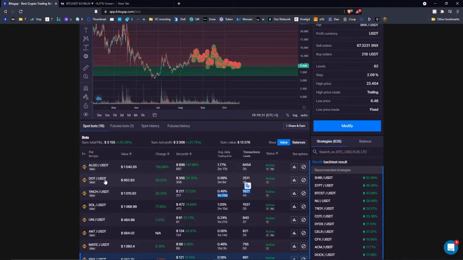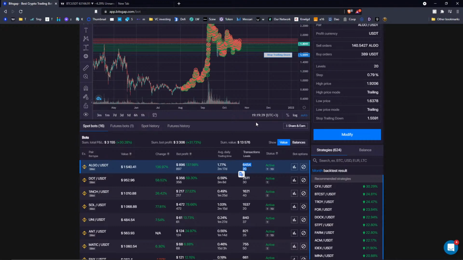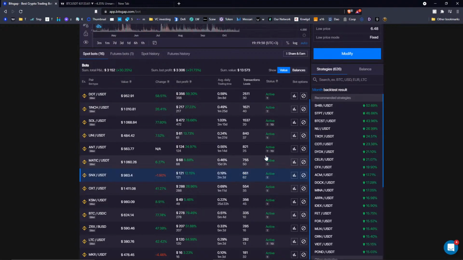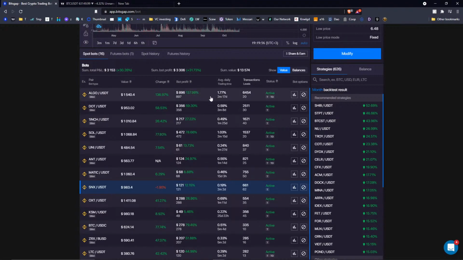So Algo, Polkadot, 1inch, you see all of them have around, well, if you calculate the average, it's gonna be around what, 30 grid levels on average per each. And instead of what I have now on SNX, which is 60, I should rather have, in that case, maybe 30 grid levels to boost my performance, because based on the comparative research on Algo, Polkadot, and 1inch, since they are my best performing assets, I look at what are the patterns, what makes them common.